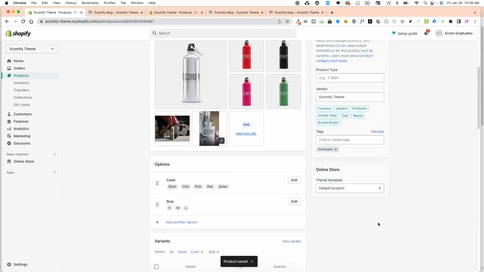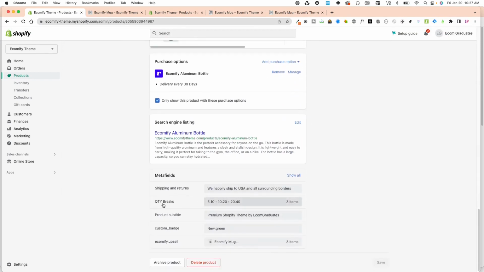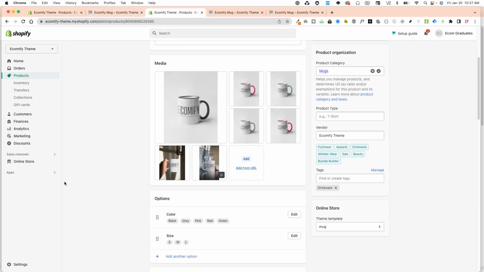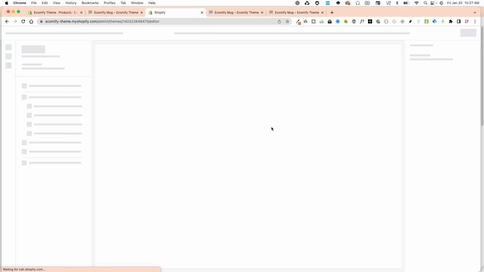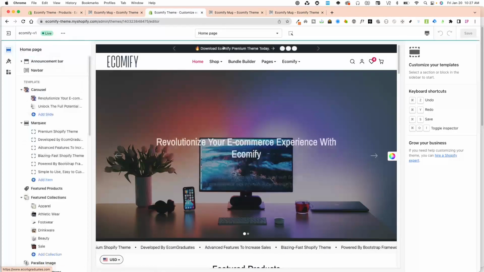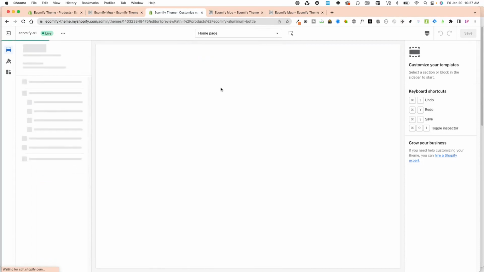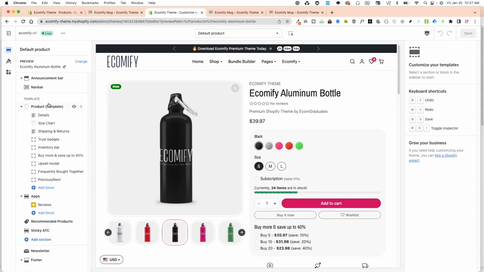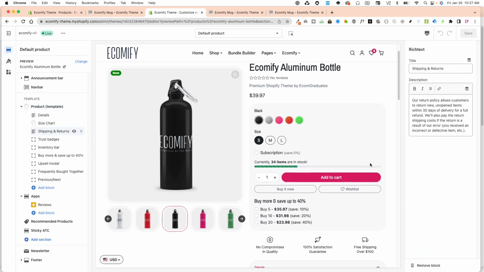And what I'm going to do instead is this is going to be on a default product still, and it is the Metafield shipping and returns. So when I go into my theme editor, Ecomify, and click customize, I can go into the products here, go into my default product right over here, and right under the product template in the blocks for shipping and returns only,